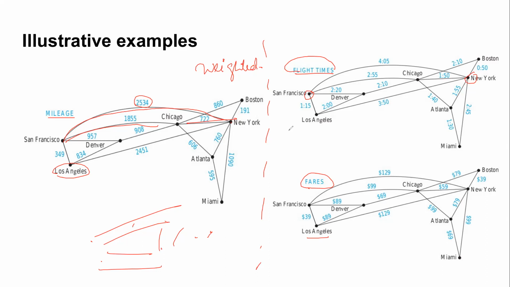Okay, is everyone able to map it? See, if you make it unweighted, what you're going to do is remove all these numbers on the edges. So if you remove all the numbers on the edges, you will see all of them boil down to the same graph, which is the network of US cities, right? But when I deal with different application scenarios and give it a different weight based on an application scenario, you can see how it turns out to be different kinds of graphs, right? Is this clear? The mapping of weighted and unweighted graphs. This is clear, class? Okay.